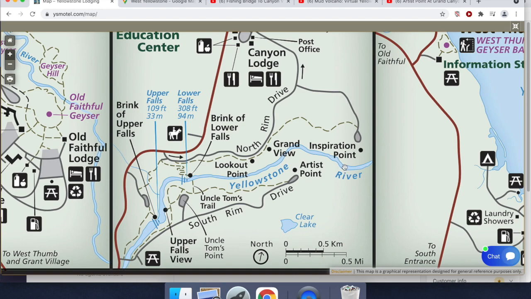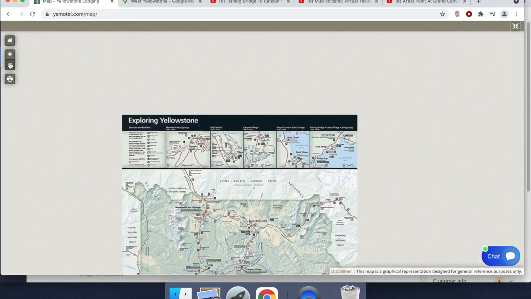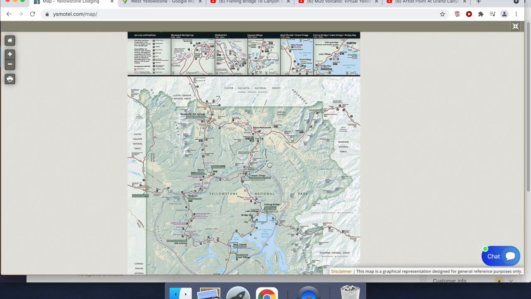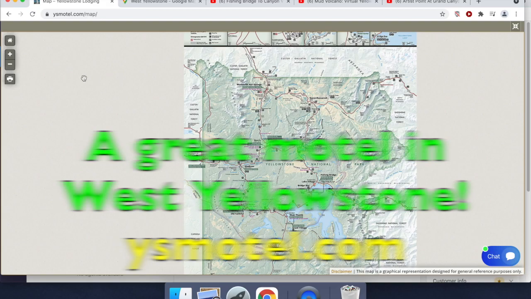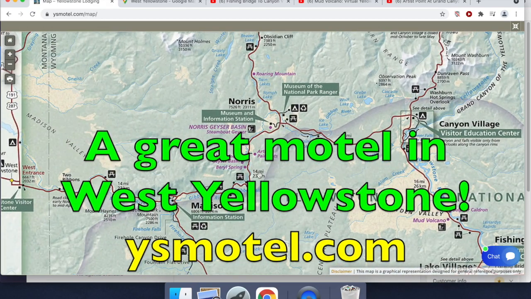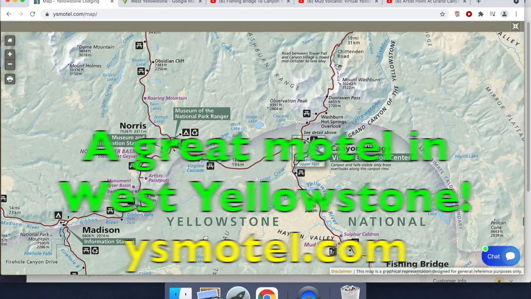You've got some wonderful views of the canyon, some wonderful views of the river as well. If you look really carefully, there's actually thermal features. You can see steam coming off the river over here at Inspiration Point and at various other of the points as well. That is Grand Viewpoint, and I'm getting back to the map at our site now, ysmotel.com, and you can see